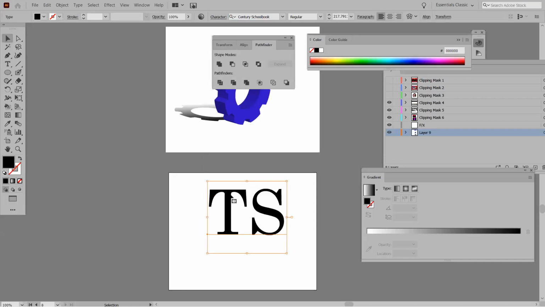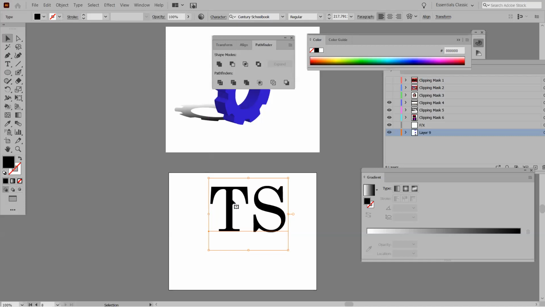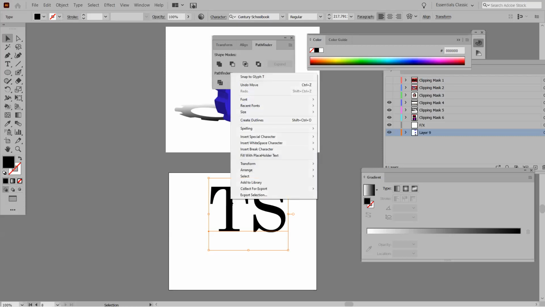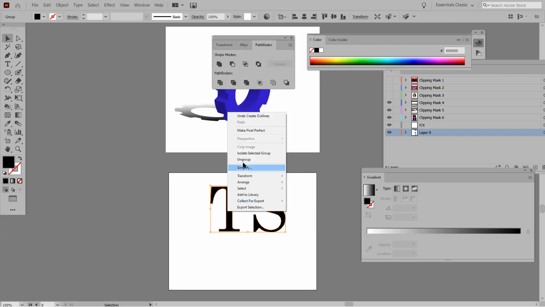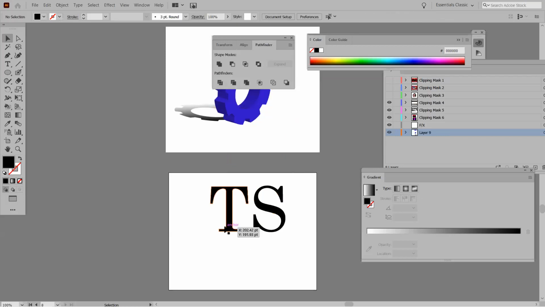So for you logo makers out there, what I want to do first of all is convert this to an outline. If you've done Illustrator, you know you sometimes got to convert text to an outline. So I'm gonna right click and do convert to outline, and then I ungroup it, because I want to move it. And I'm going to use my direct select tool is what I meant to say. I'm going to select the bottom half of this and just push it down like that, to make it bigger. I'm going to take this letter, put it on top